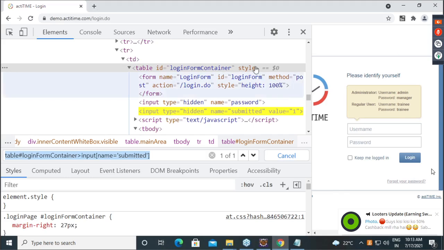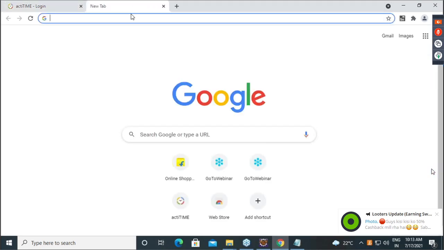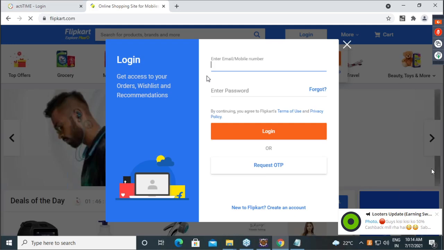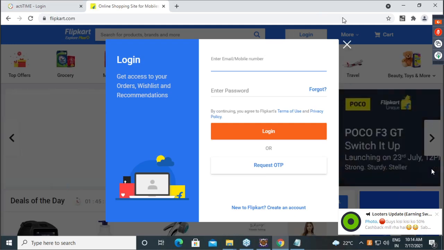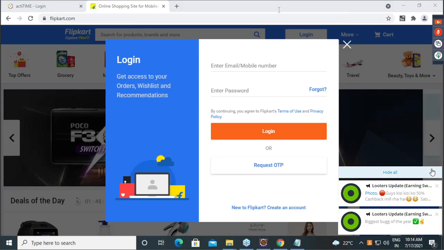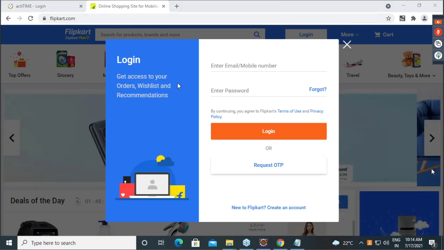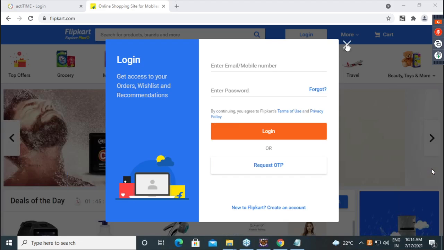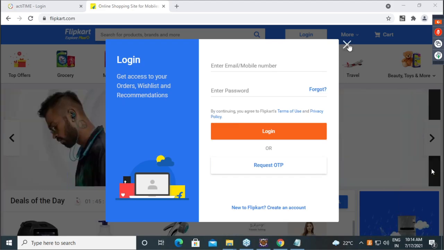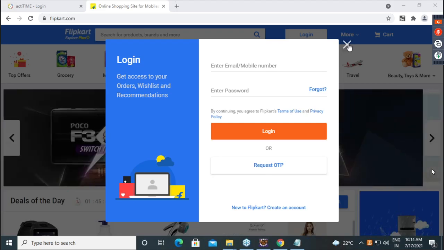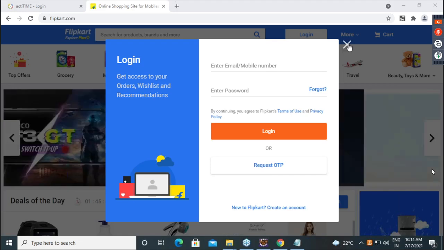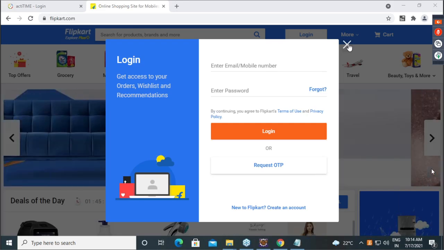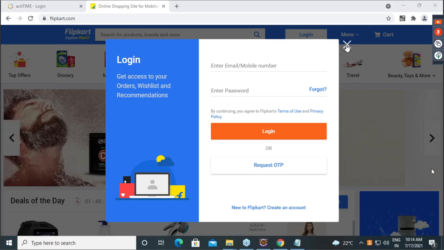So, guys, now see what is your assignment. Your assignment is go to Flipkart. Observe what is happening. Once you open Flipkart, you will get login. I don't want to do anything here. You have to click on close. Either you remember or you note down what you need to do. So what is the first step?